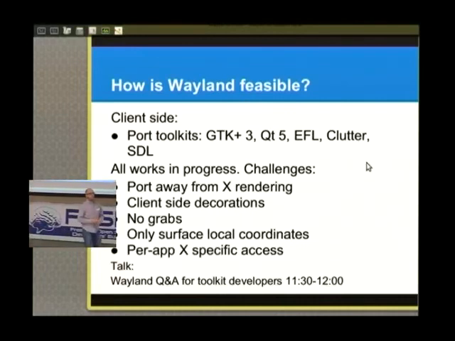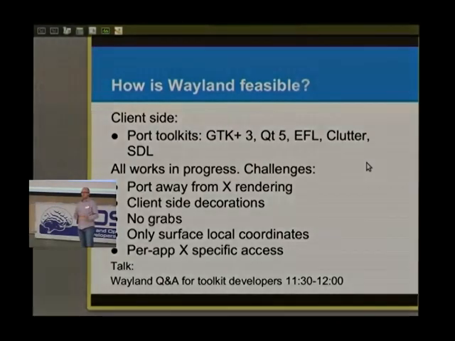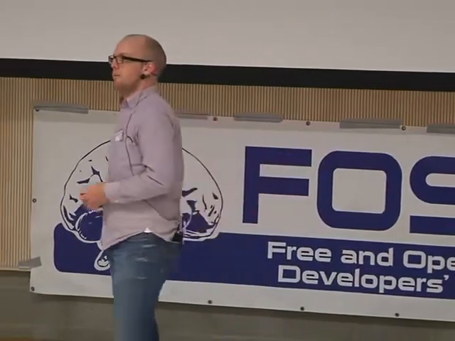Another big challenge is that Wayland doesn't have grabs. Grabs is this feature in X where you can say, I want all the keyboard events and all the mouse events right now, and then nobody else gets those events. If that client then falls asleep or something, it basically leaves your display server stuck. You can't click in other windows, you can't use the keyboard, and you're basically stuck. So Wayland doesn't have that feature, and it turns out that we don't use that feature very often anymore. And when we do, we can change the display server to help out.